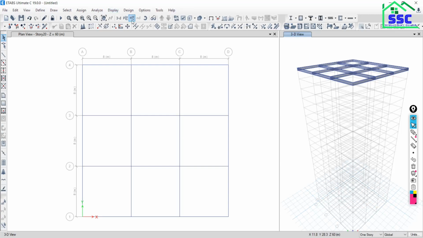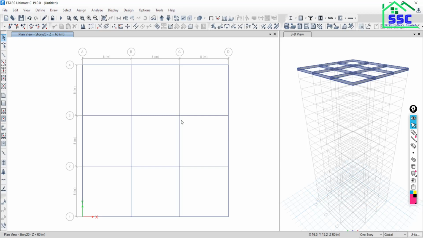Why is it done? Just come down in plan view. See, when you click on the window, this window will be active. See, the dark color is there. When you click here, this window will be active. When I am clicking here, this window will be active, and all the operations will be done for this window, for this view. Hello, you are with me?